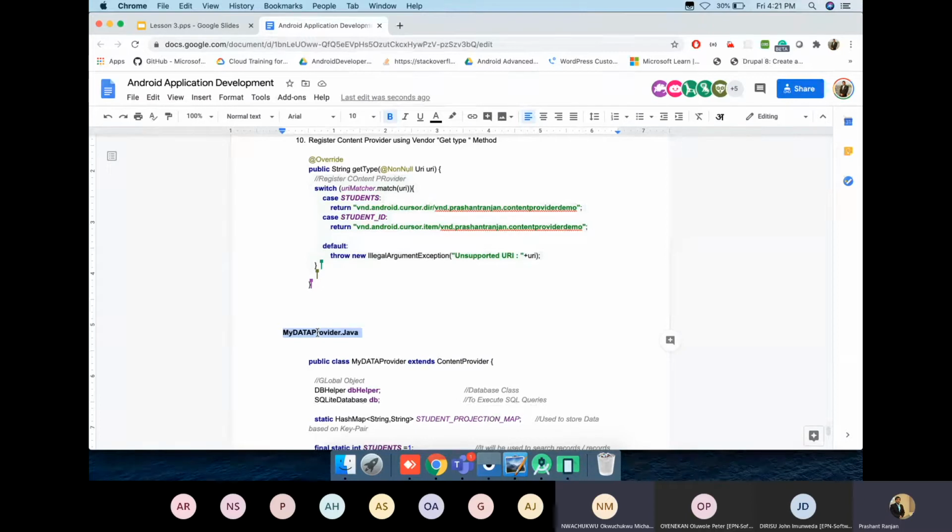The vnd.android.cursor.dir, and the statement after the slash, vnd.prashantranjan.contentproviderdemo, looks like an extraction from the package name. I just need more clarification on what that statement means.